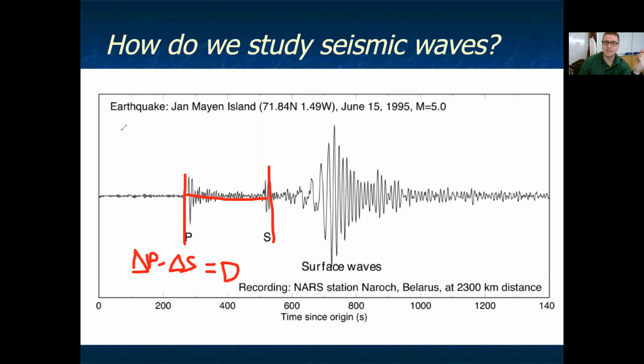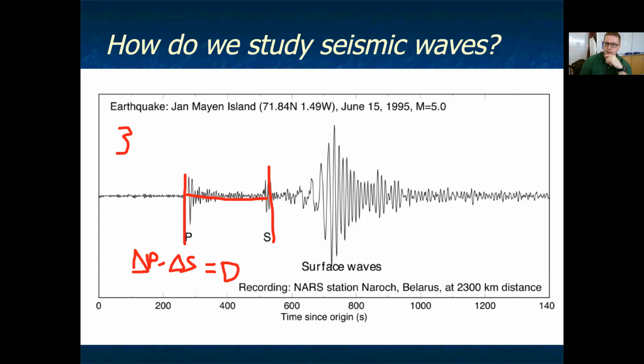You need 3 different locations to be able to triangulate where that epicenter exactly was. You can't just use it from one station. We'll talk more about this, I believe, in the next video, but we can always introduce it here. We'll get back to triangulation later, but just recognize that the P wave arrives first, the S wave arrives second,